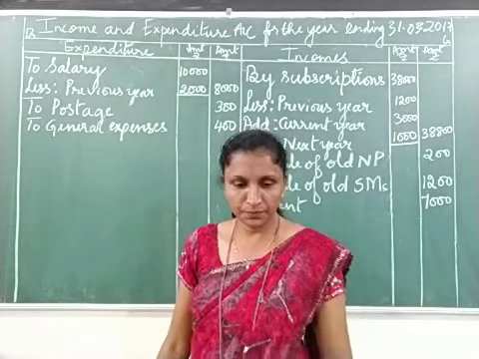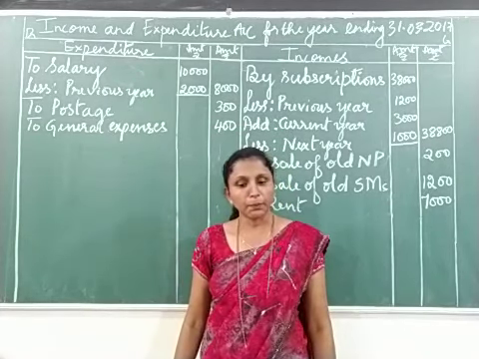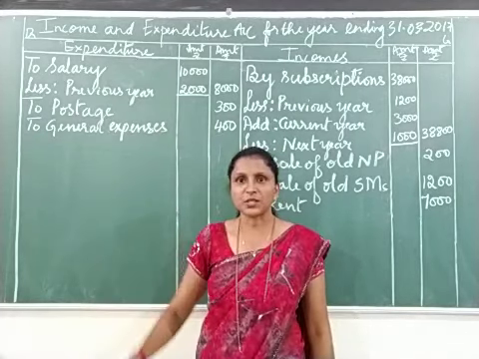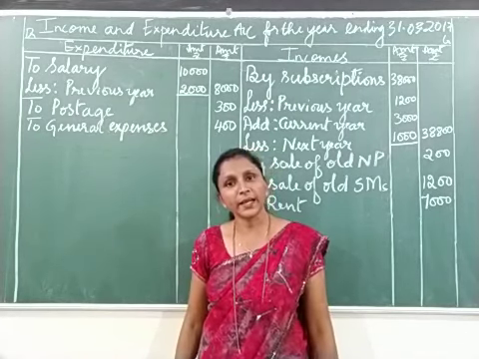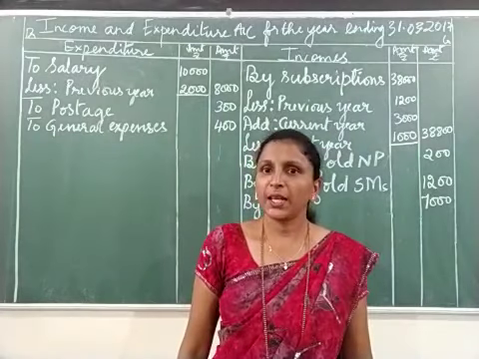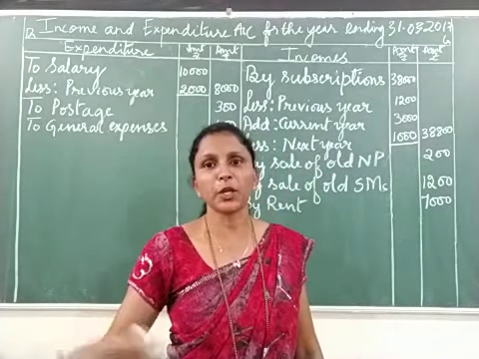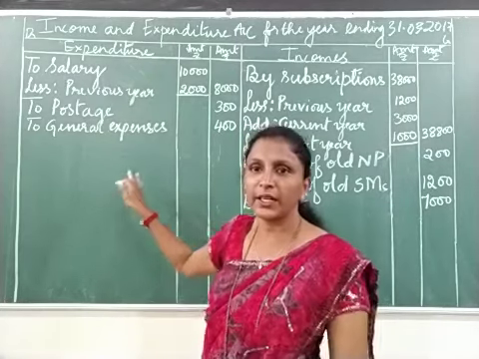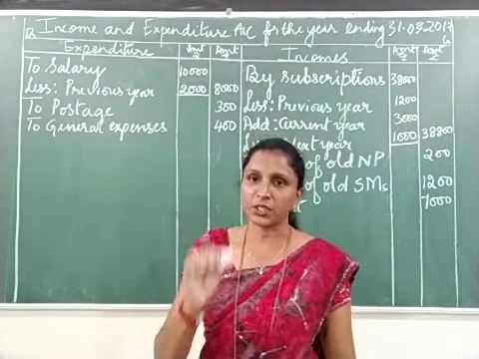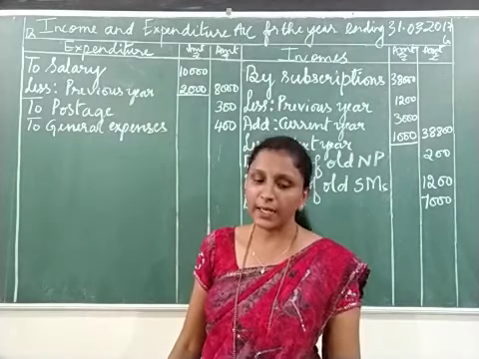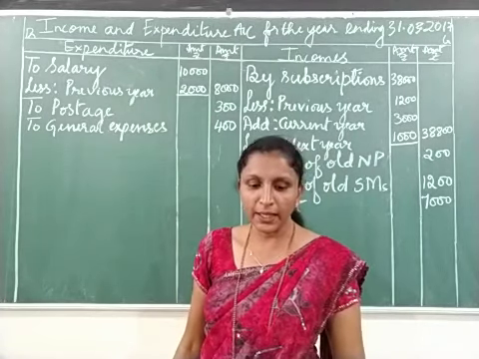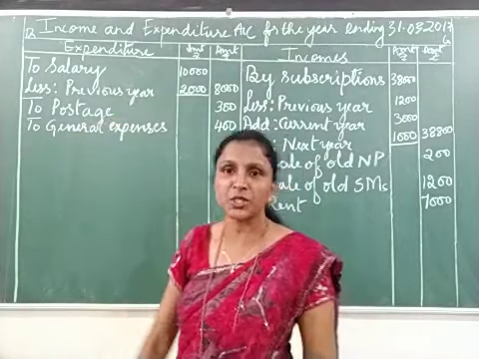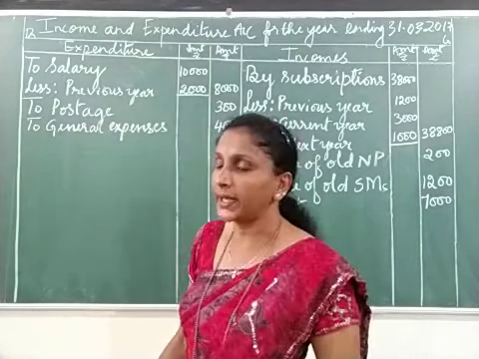Next item. The next item is by lighting charges. Lighting. So we use the bulbs. So lighting charges or electricity charges we say. Electricity charges, we have to keep on paying the electricity bill. So it is a revenue item. So we are writing it in the income and expenditure account. So put the tick mark. By lighting charges it is given. Let's put the tick mark and write it on the opposite side. It will become to lighting charges.